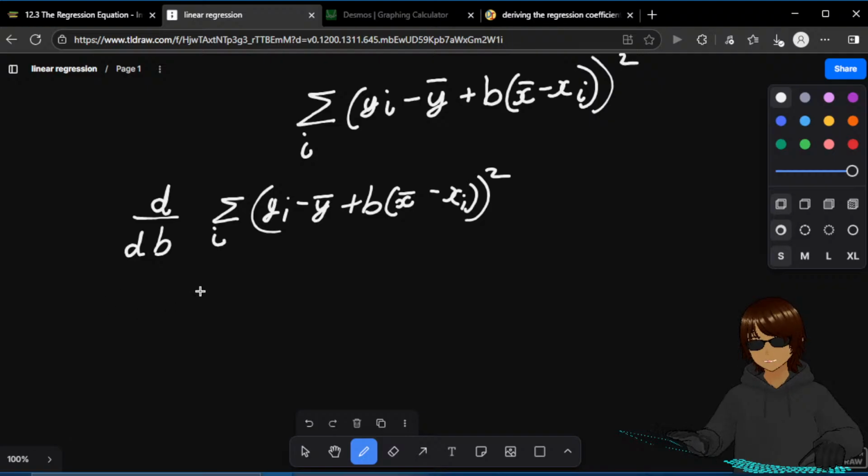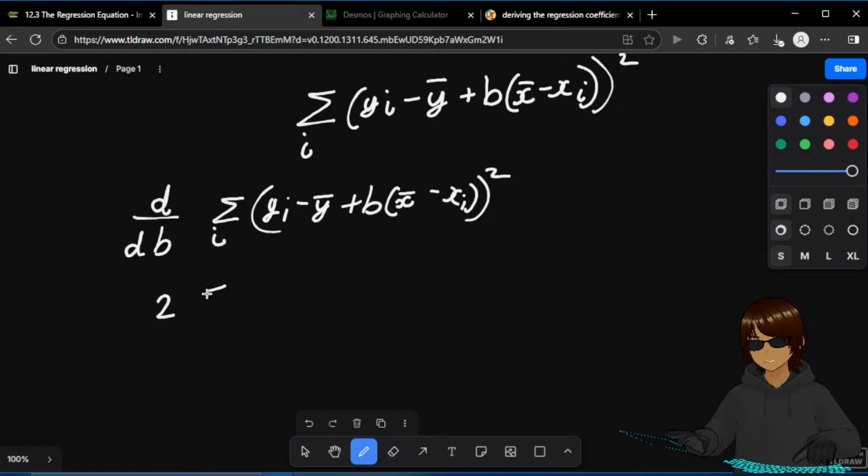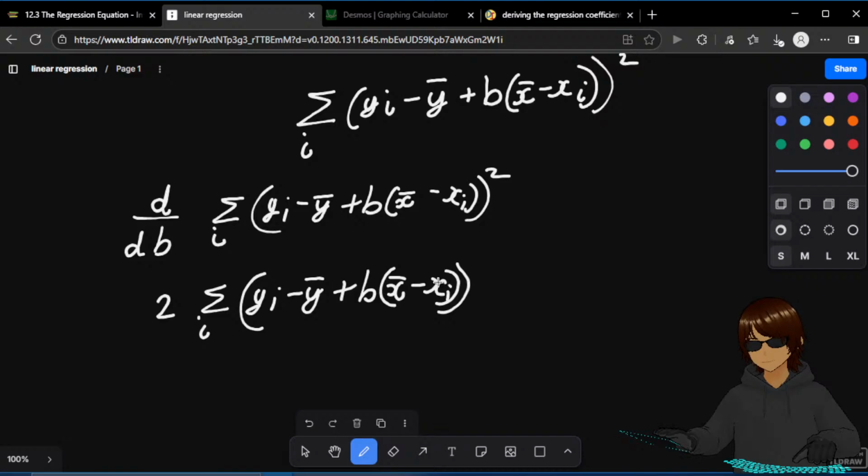If we differentiate it, we get 2. I will just take the 2 out. So 2, and then this becomes... I'm using the chain rule. The derivative of 2 with respect to this entire thing would be all of this times it. Well, 2 will be inside. I just pushed it out. For the sake of simplicity, I will just put it in. Derivative of the outside times the derivative of the inside, which would just be